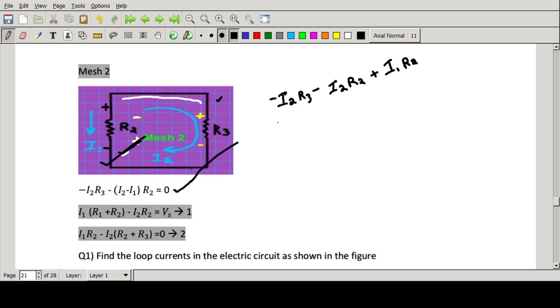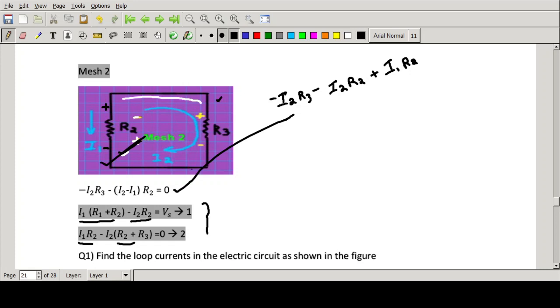These two equations are the same. So now you have two equations. You can rearrange them, that is, arrange the terms for I1 together and I2 together. Here also it is done like that. Then you solve the equations to find the values of currents I1 and I2. So this is called mesh analysis.